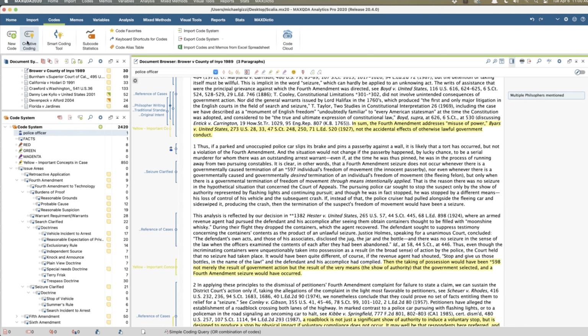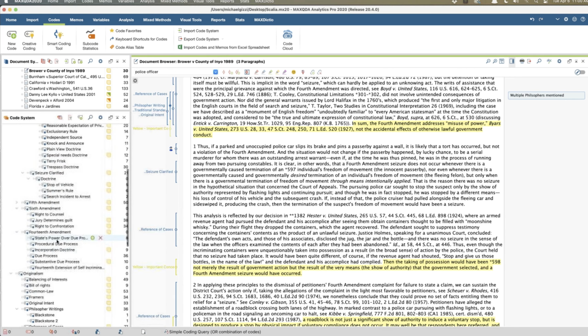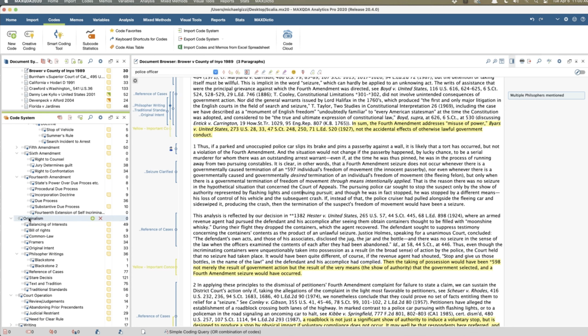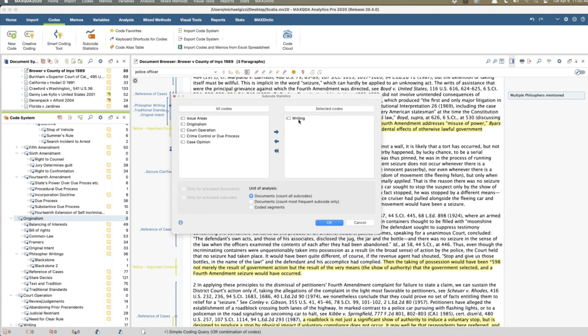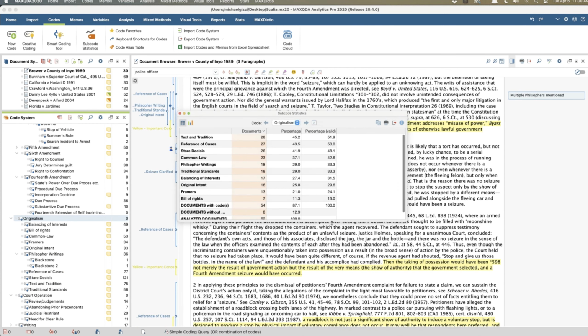So we've gone through subcode statistics. So let's go to originalism. This is his main area. Click subcode statistics. Actually, I don't need to do that there. Select originalism. It's going to show me statistics for all of the subcodes for that.